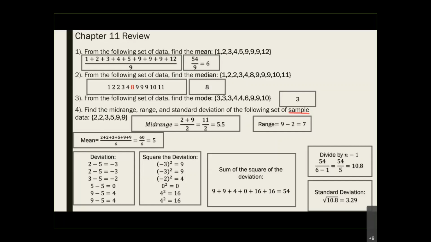If it's for a population data, at step 5 you have to divide by n, not n minus 1. So question here, which number 1, 2, 3, and 4? Again, it's massive, but we did this last time, and I think it's tedious work, but it's not complicated work. So let's take a look at